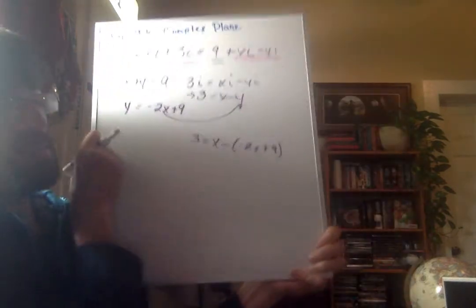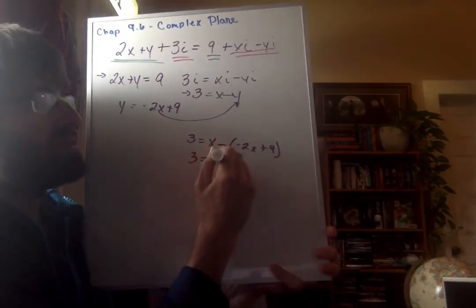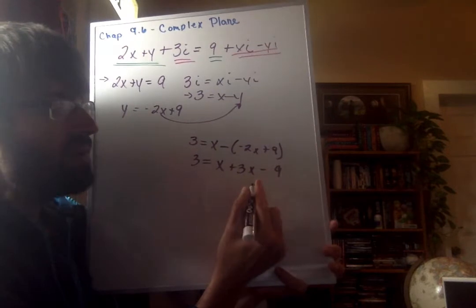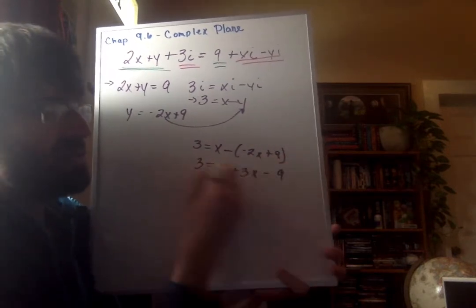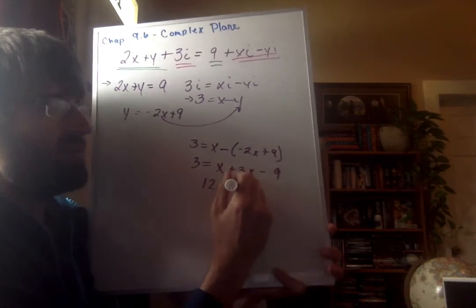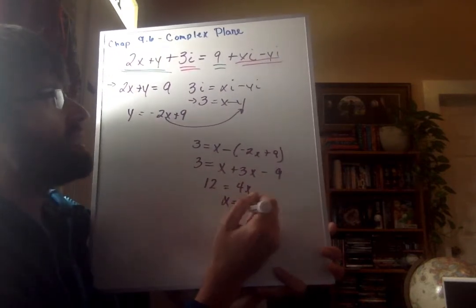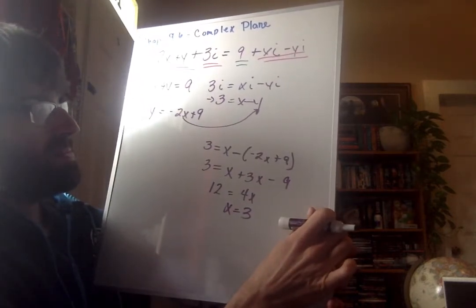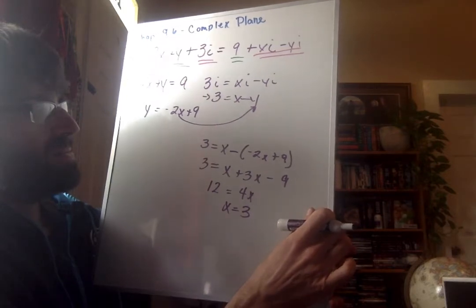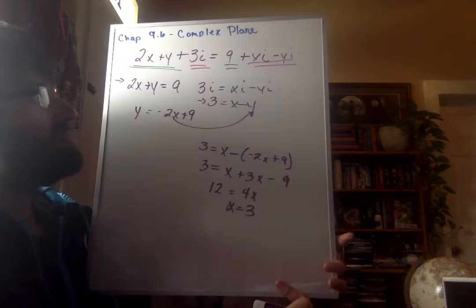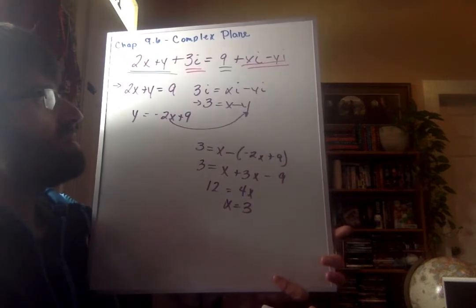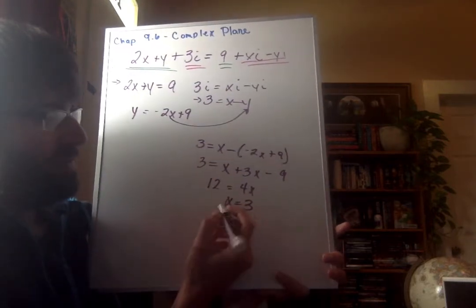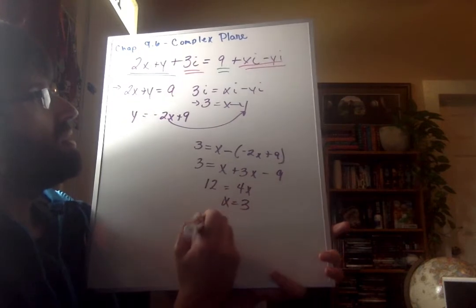Now, I'm going to distribute that negative sign. So I have 3 equals x plus 3x minus 9. So I'm going to combine those x's and take this 9 to one side. So I have 12 equals 4x. X equals 3. I might have messed up my elimination. I'm going to do that again, because I think I got 4. Anywho, so x equals 3, y equals,